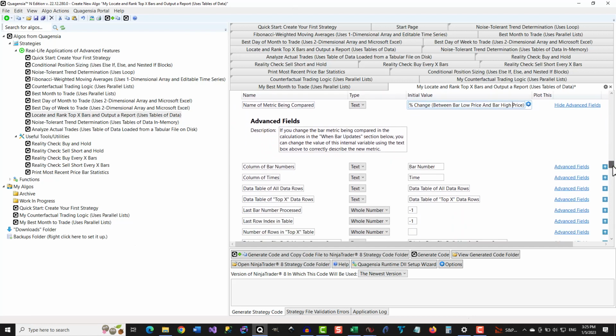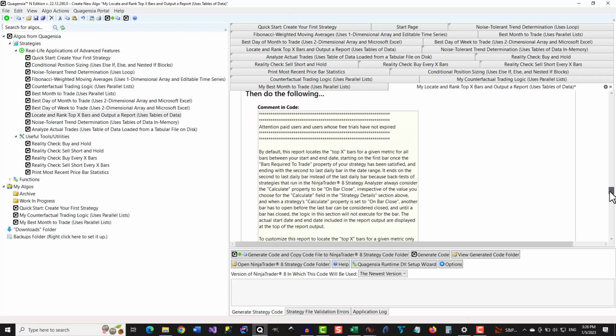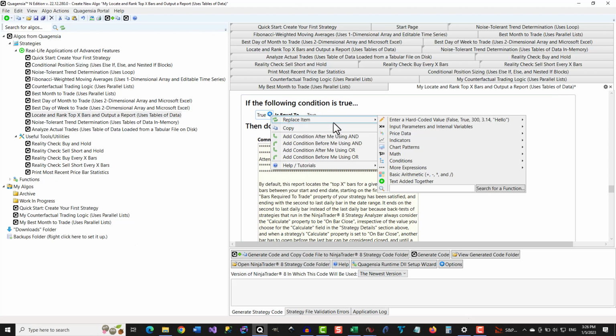And follow the instructions in the other comment to plug in your own conditions for which price bars should be considered for inclusion in the top X bars for that metric instead of considering all the bars for inclusion.